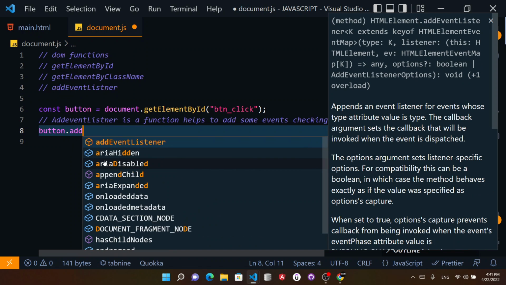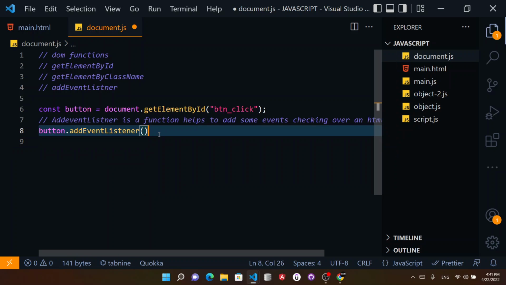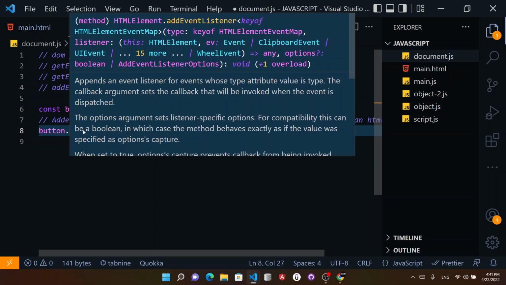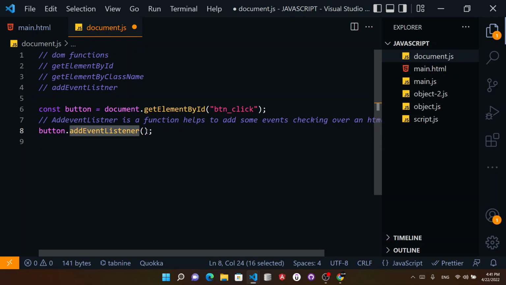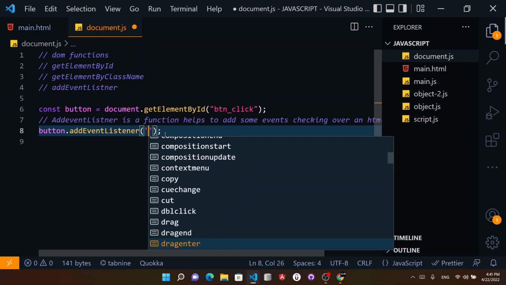For example, I will use addEventListener, and when you hover over this function like this, you see: append an event listener for events whose type attribute value is type. The callback argument sets the callback that will be invoked when the event is dispatched. That means इसके ऊपर सबसे पहला आर्ग्यूमेंट बताते हैं कि आपको क्या करना है,